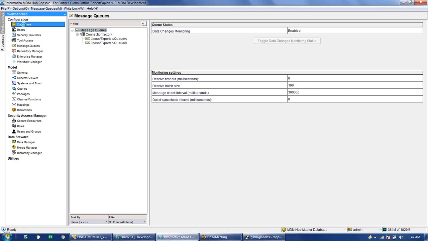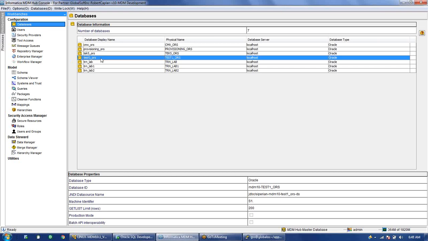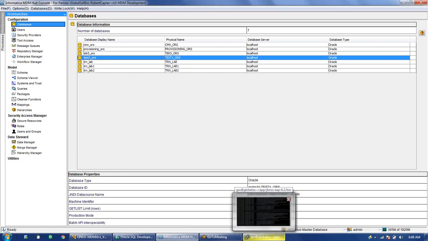Last time we created this database test1_ORS and we had registered this ORS in MDM. Whenever we register any ORS in MDM, it gets stored in a particular file, and that file is in the application server. So I'll just go to that file and we can see the details there.